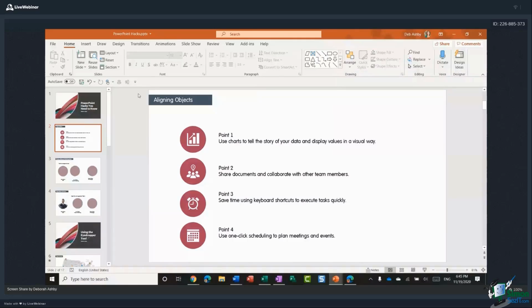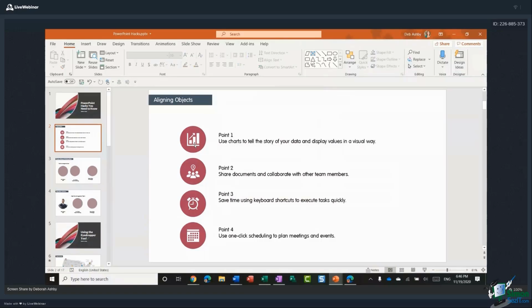And as I said, I would encourage you to add those to your quick access toolbar. So now that we've aligned those, we now have these text boxes. And I can see here that these aren't particularly aligned. So point 1 looks like it's kind of aligned. Point 2 is not too bad, but point 3 is definitely a bit too high. And point 4 is a little bit too high as well. So essentially, I want these text boxes to be kind of in the center of their related icon.